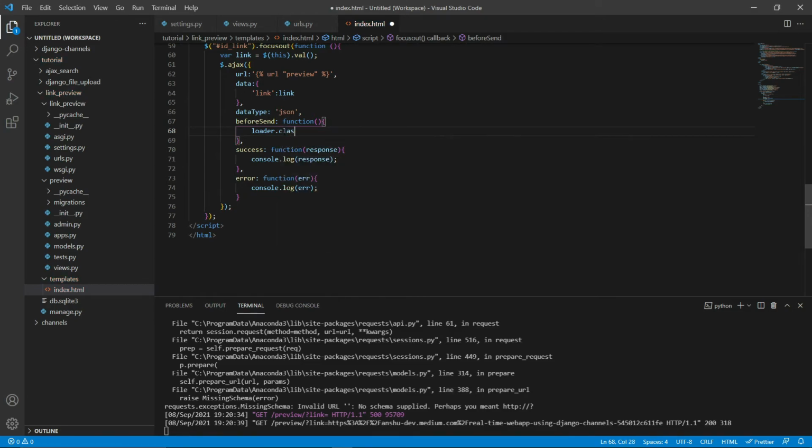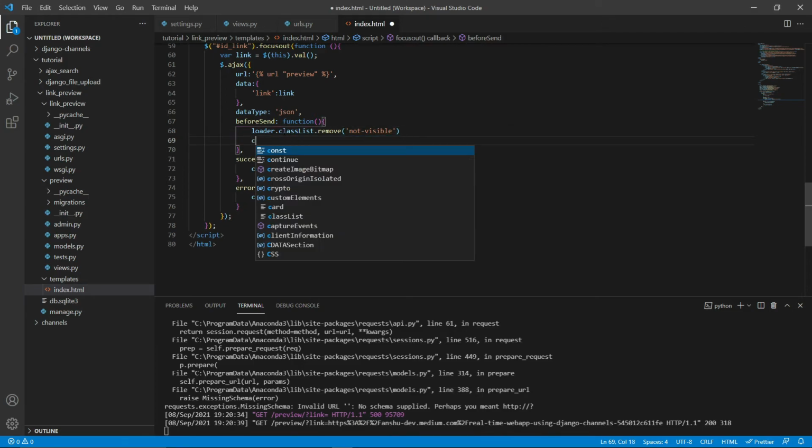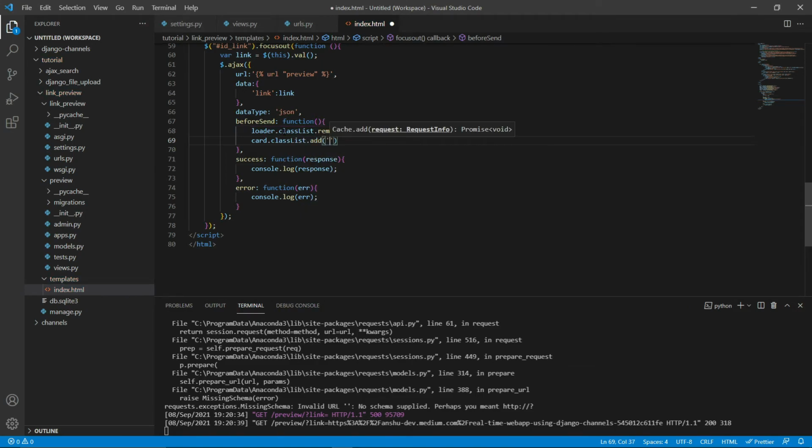So loader.classList.remove, sorry, not-visible, and just before the request we will make the card invisible. So card.classList.add not-visible,